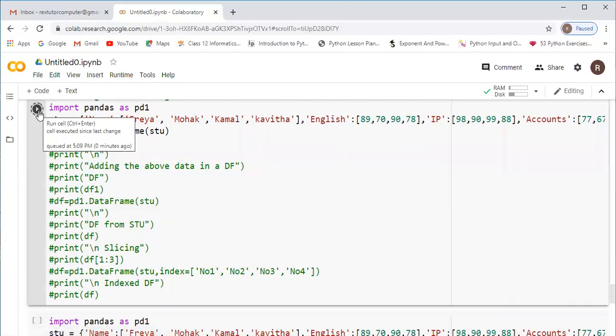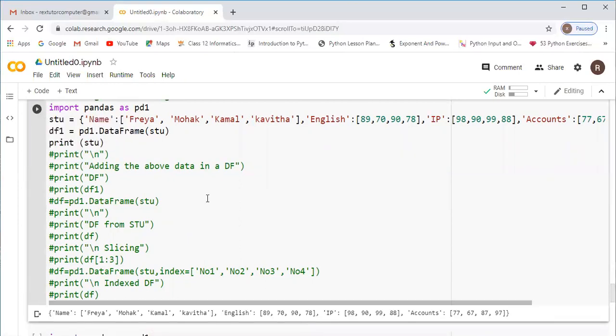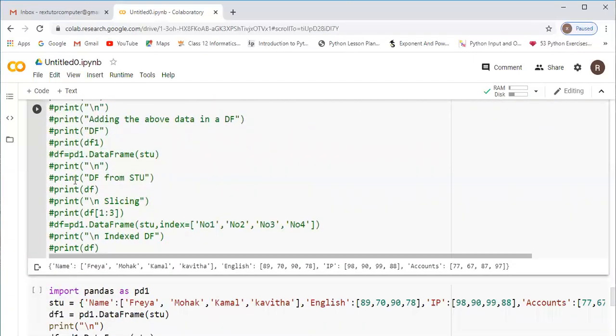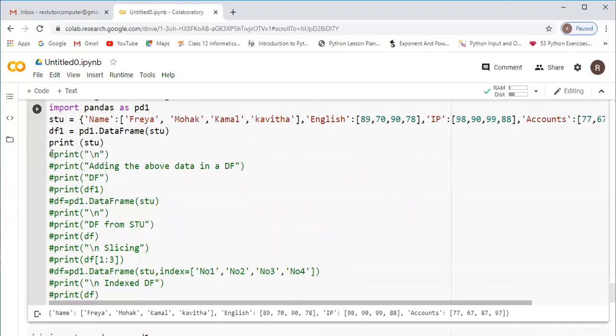Now I'm giving, I didn't print my data frame, I am printing stu. Now see, when I'm executing, you can see the output, how I have stored it, in the same manner my data will be, because I have given the print of stu. Now see, adding the above data into the data frame. Now I want to see what is there in my data frame.